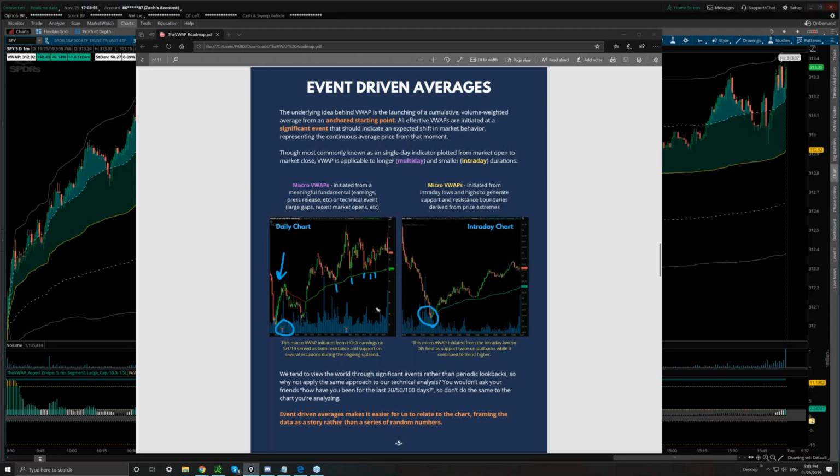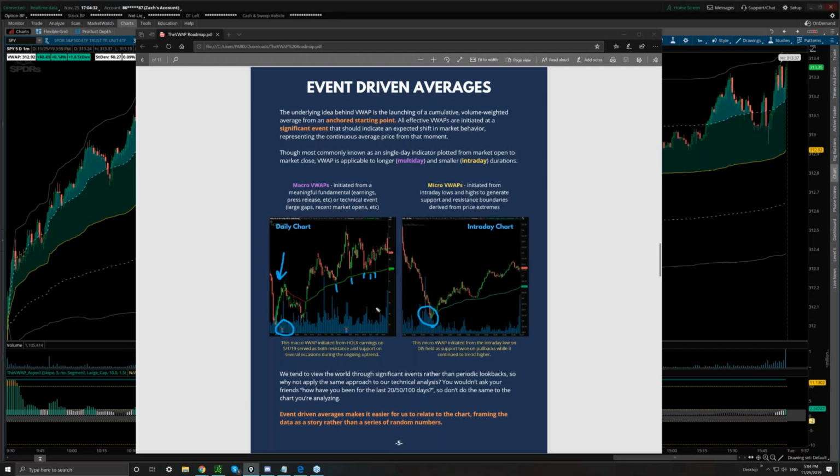Oh, Chaz also asked, are there weekly VWAPs or monthly ones? Yes, absolutely. I think the problem with using a calendar basis for when and where you launch your VWAPs is that it kind of assumes that the calendar is meaningful. So for example, maybe VWAP over the course of a week. I think that's pretty plausible. It's a trading week. We've got a weekend in between. But a monthly VWAP? How do we know that someone is watching the VWAP for the month of November?